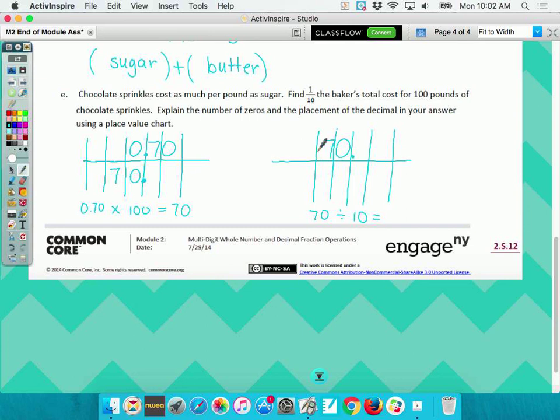To the right. So my 7 goes here. And I guess my 0 could go there, couldn't it? Yeah, but that's a waste of pencil. So the answer to how much money it will cost for chocolate sprinkles, $7. $7 for 100 pounds? Yeah, but only 1/10 of the cost. So I think it would cost 70 altogether, okay? All right, now,